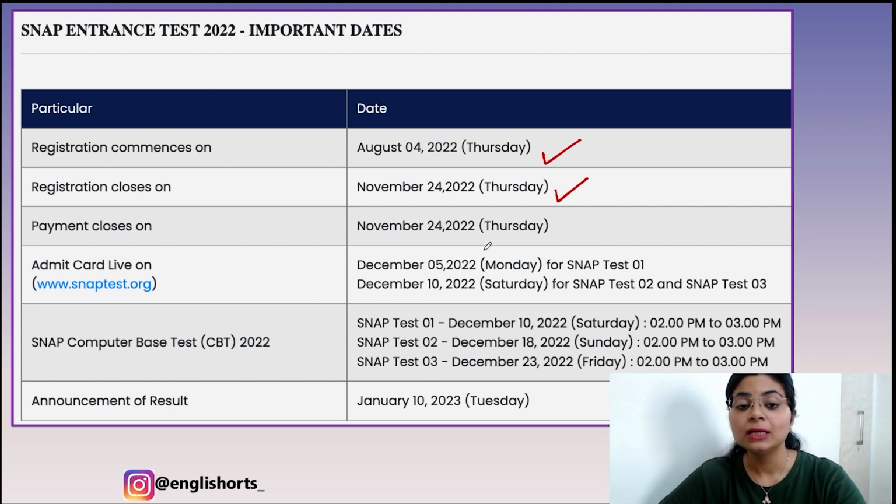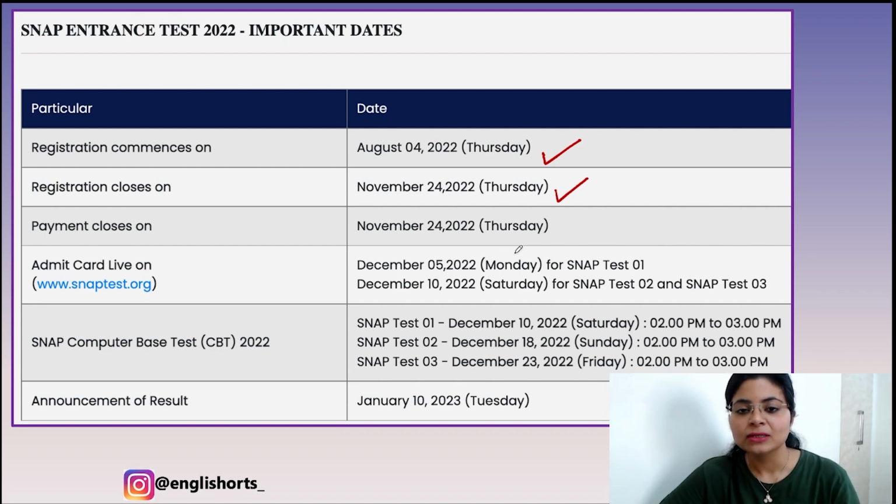Forget November. The reason is that when you fill the forms early, you are free, because you know that your job is done mentally and you can devote your time to studies accordingly, and you have a danda on your head ki mere ko padna hai. Also, when we are choosing the centers of our choice, the cities of our choice, the people who fill the form first are likely to get centers of their choice.